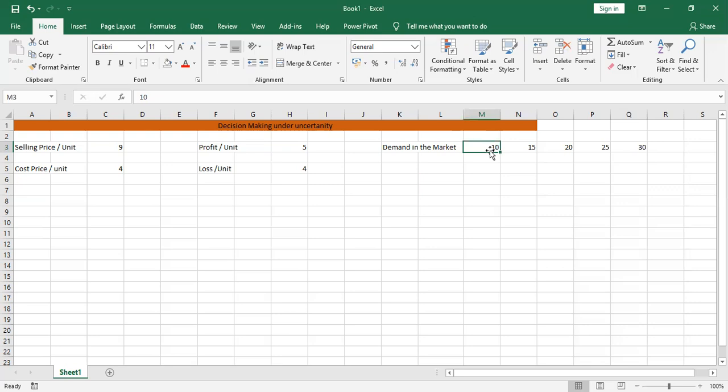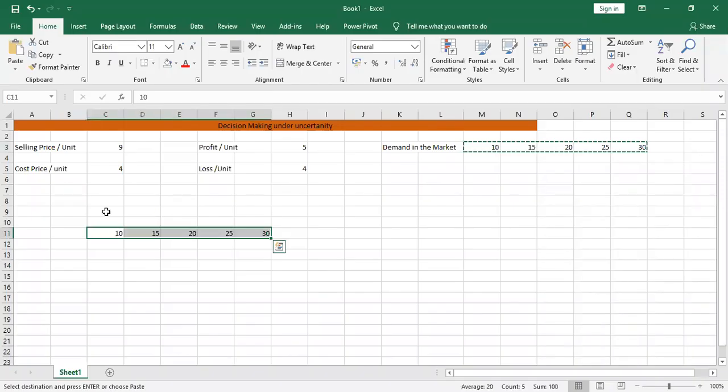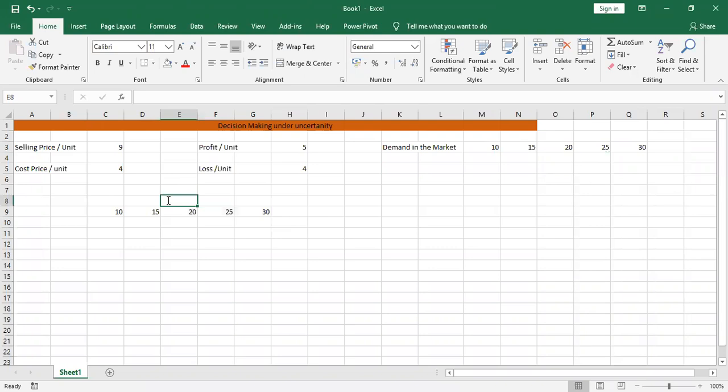That is either 10 unit I can purchase. It is a minimum right stock. Similarly, I can purchase 15 unit, 20 unit, 25, 30 units. That means I will purchase in this pattern. So I'm going to create one table. I can purchase either 10, 15, 20, 25, 30 newspaper. It is what my supply. I will supply this newspaper.